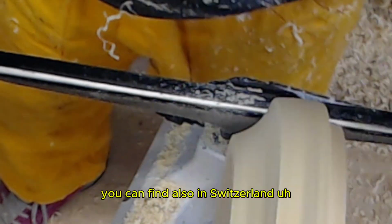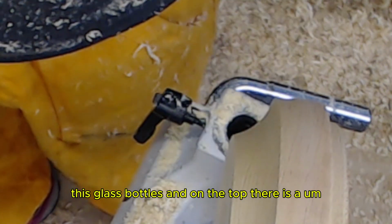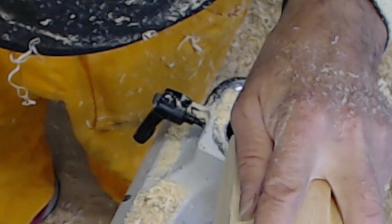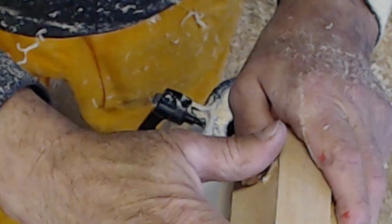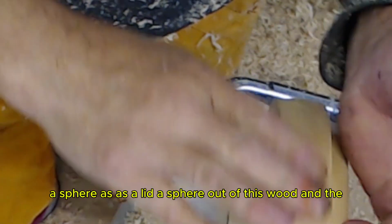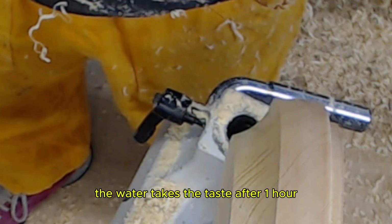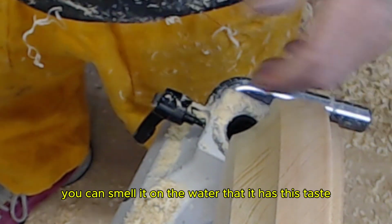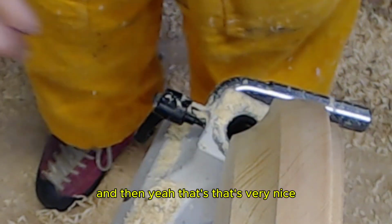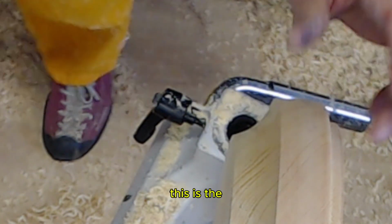You can also find in Switzerland these glass bottles, and on the top there is a sphere as a lid, a sphere out of this wood, and the water takes the taste. After 1 hour, you can smell on the water that it has this taste. And yeah, that's very nice. This is the